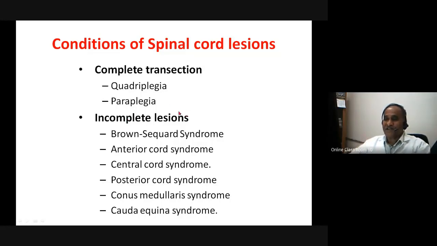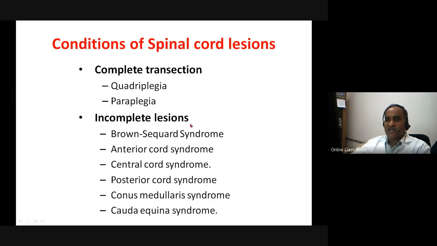It's not a perfect lesion, maybe tearing of some of the spinal cord is cutting off one of the limbs, and then it becomes a triplegia. Or monoplegia. Monoplegia is only one limb. So these are the terminologies involved. Monoplegia is only one limb, paraplegia is both the lower limbs, and quadriplegia is all the four limbs.